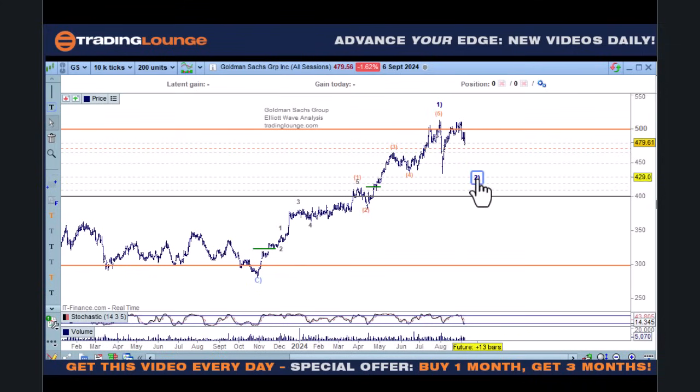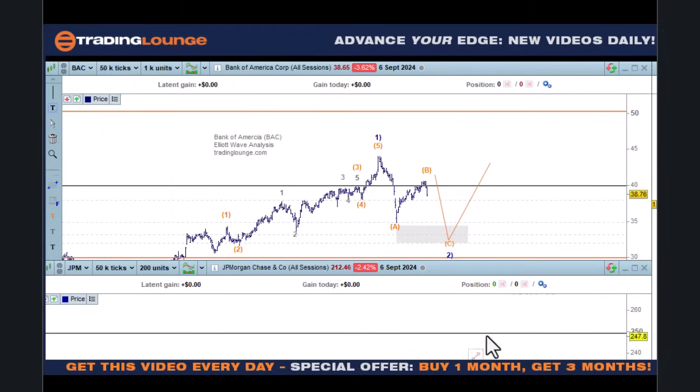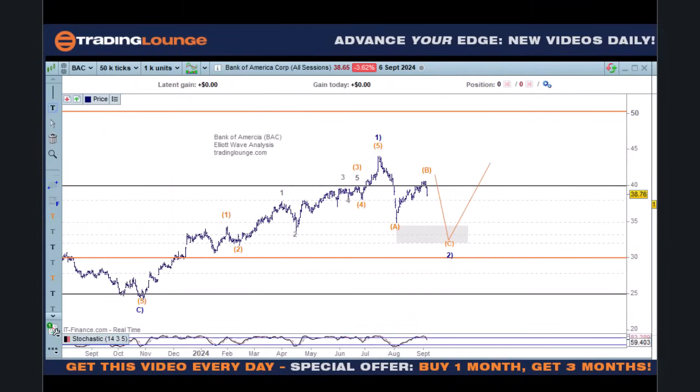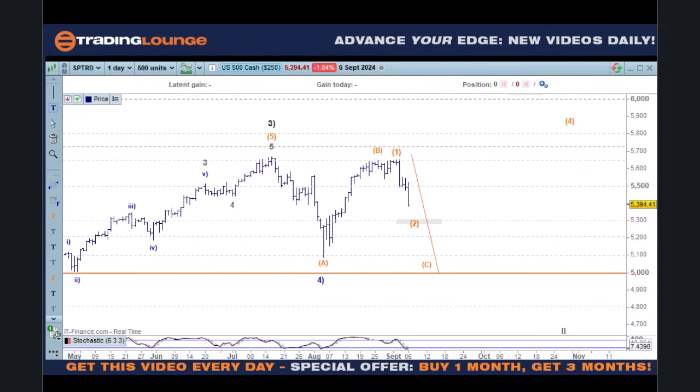So that means that we could put this over to here. We could also view it as wave 1 to the upside and pull back for wave 2 here. Or we could look at it like this coming down through here, which is also likely as well. So a bit of a toppy affair for, well, most markets really, but just looking at the banks, because the banks have been holding the S&P 500 up as Morgan's make a new high here.